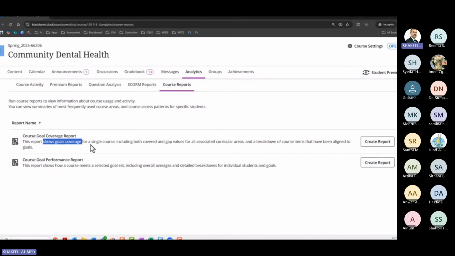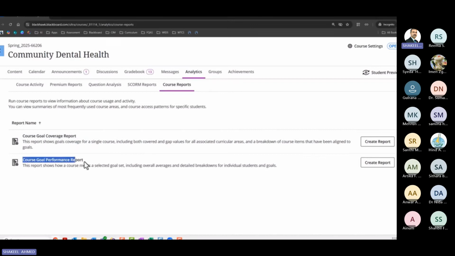So not only is it going to show that there's goal tags in this course, it's actually going to show you exactly where they are. It's great. You know what test they're tagged in. Even if it's a quiz question, you know where the tags are, and it shows you that all the competencies are covered. It can also show the program outcomes in this report. It can show college-wide core abilities. You have the ability to run it at any of those levels.